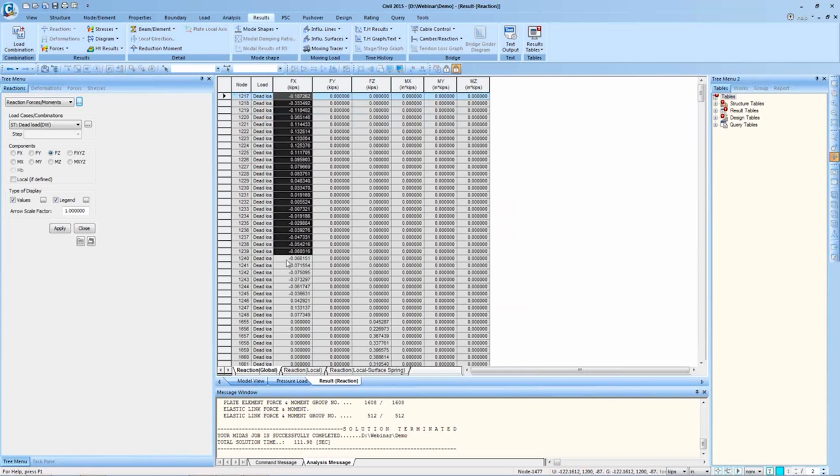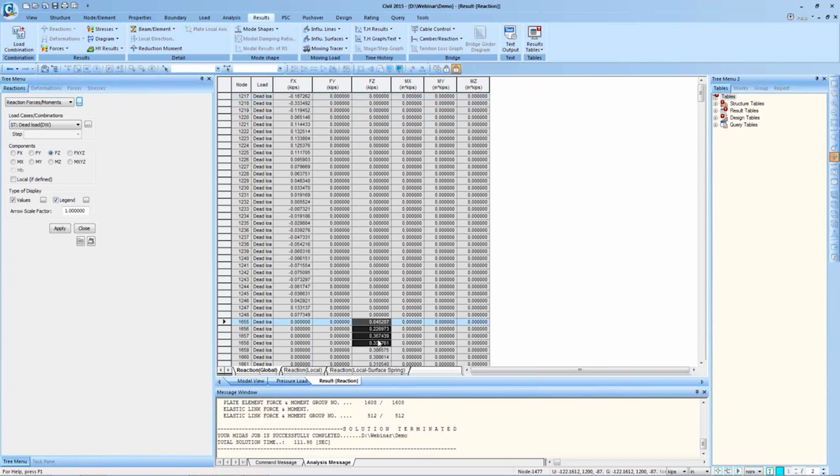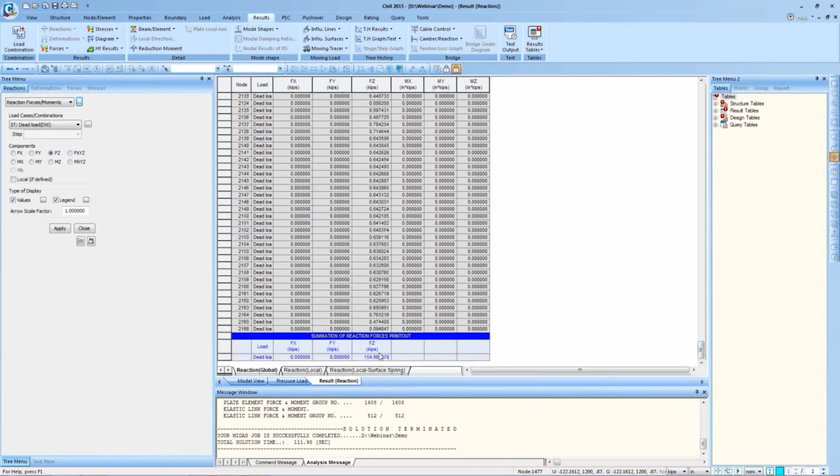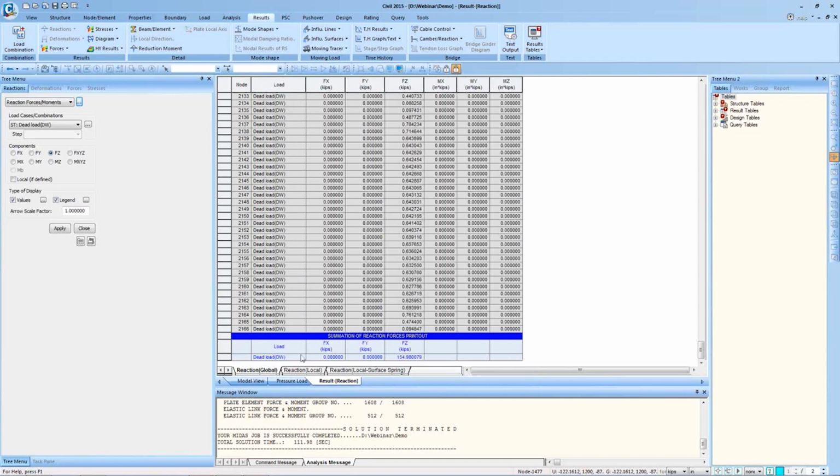So these are the reactions at the point springs that are defined, and these are the reactions at the supports. The summation reaction can be seen at the bottom. Net reaction is in vertical direction, that is 154.98 kilopascals for dead load of bearing surface.